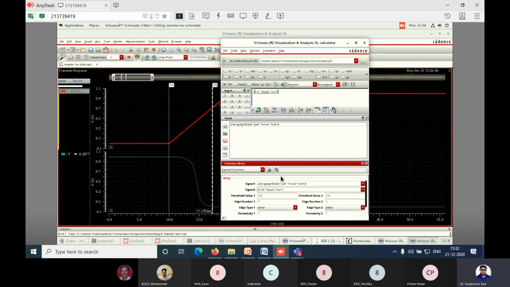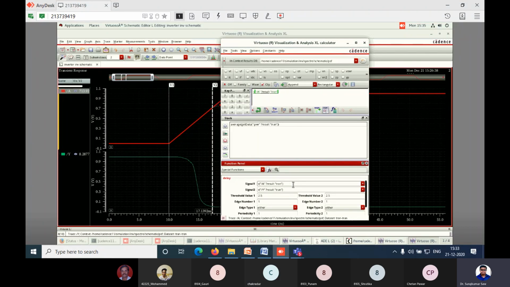Select. Okay. Now see the delay here, it is asking for signal 1 and signal 2. Signal 1 is our input signal, signal 2 is output signal. So here in signal 2 you can see that A has been selected, right? And in signal 1 by default something is selected. You just delete it here. We want the first signal. Just take this one, copy it, place it here, right? Signal 1 as A, and signal 2 as Y. So replace A by Y.